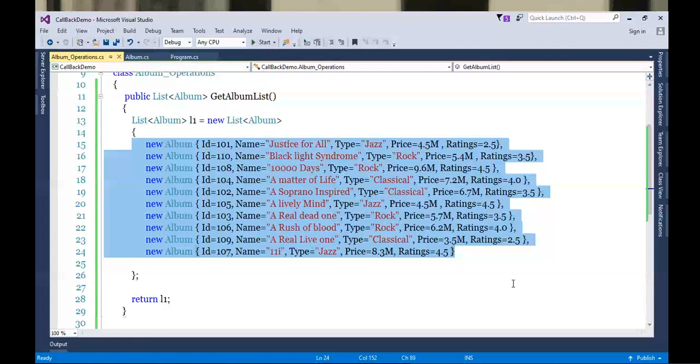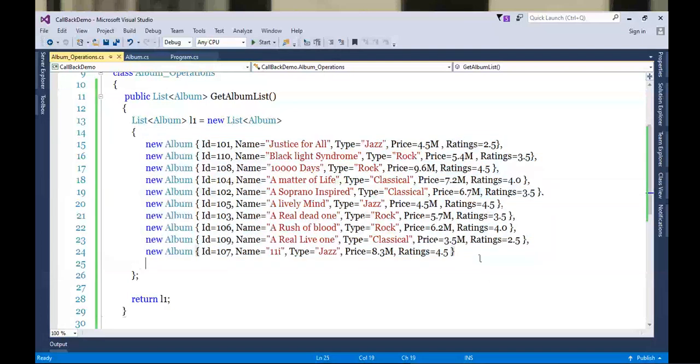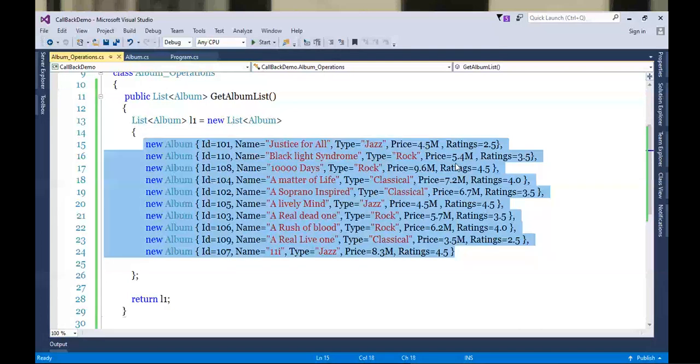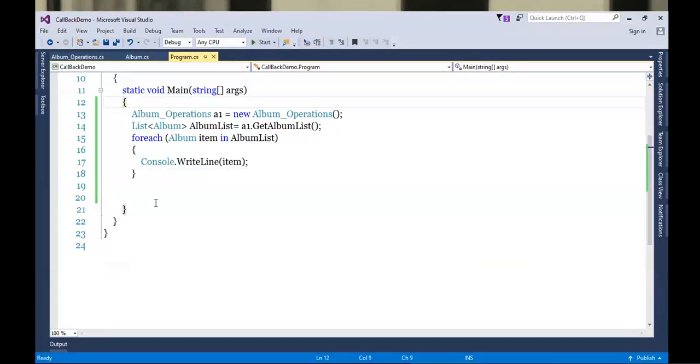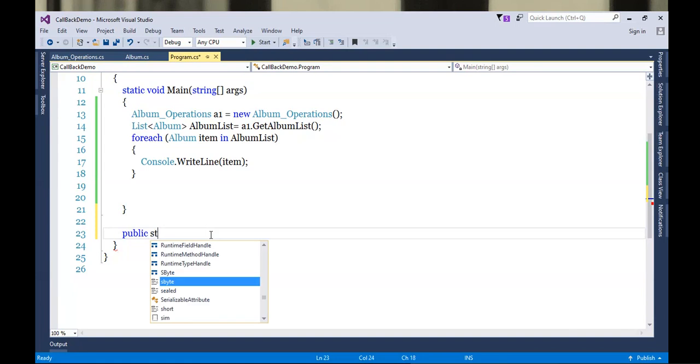So what will the method do? The method will set the criteria, and then on the basis of that criteria, we will start filtering out the albums. So here, which method will be a callback method? Filter method will be a callback method. So let's go ahead and start implementing here a callback method. What I will do is public, let's keep it as static for the time being. Public static.